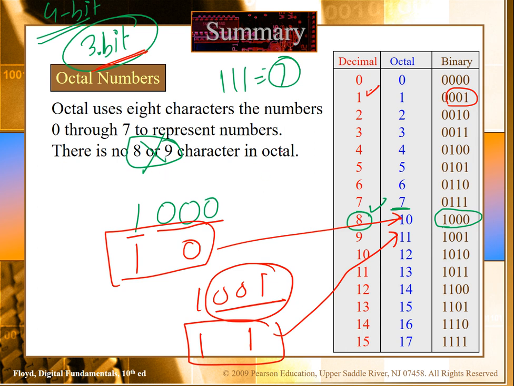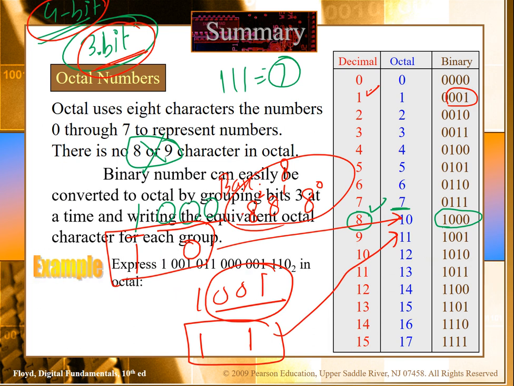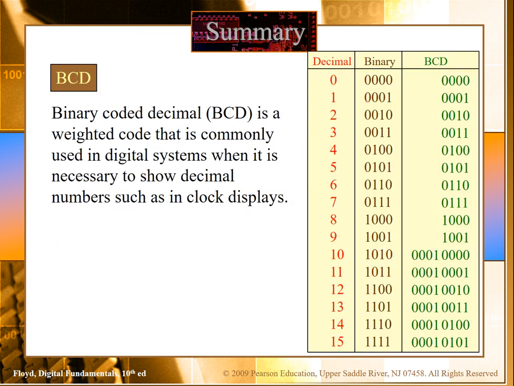It's octal, so the base for this system will be 8. The powers will start from 8 to the power 0, 1, 2 and so on. We can use this base power when we are converting from octal to another system, for example the binary system. The difference is that here we are grouping in 3 bits, while in hexadecimal we are grouping in 4 bits. So hexadecimal and octal numbers are compact forms for writing binary numbers. There is another way. This is an example we will try to solve during the live session, inshallah.